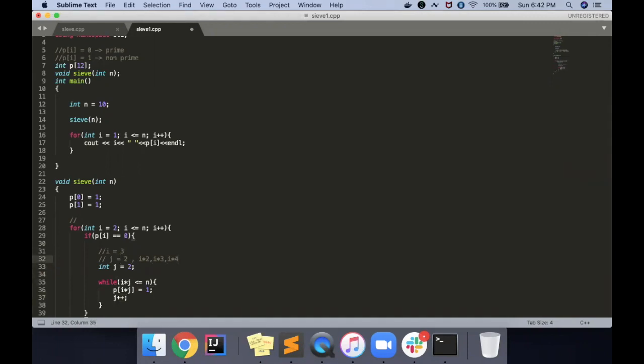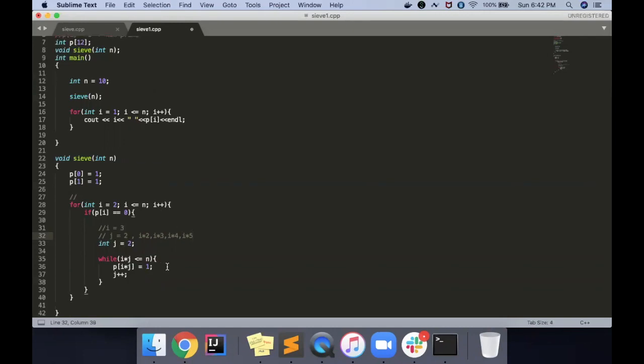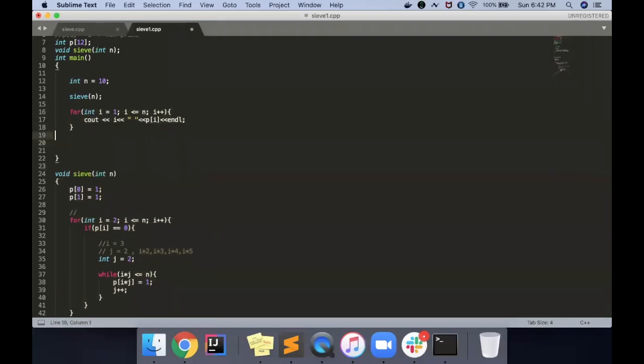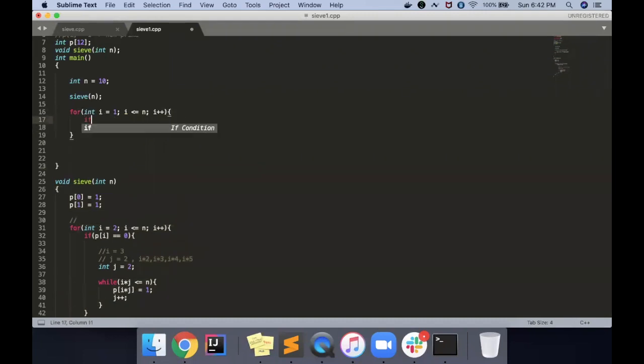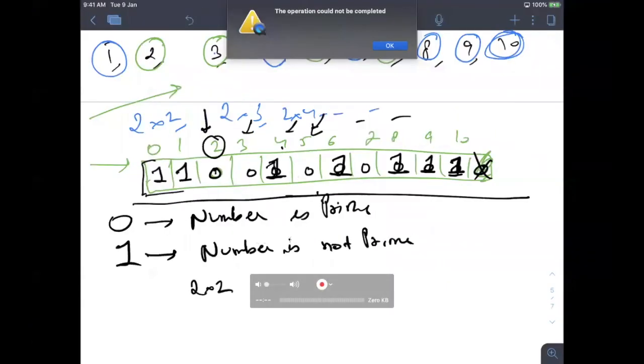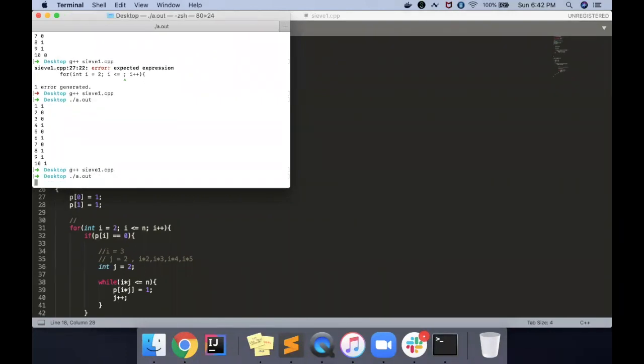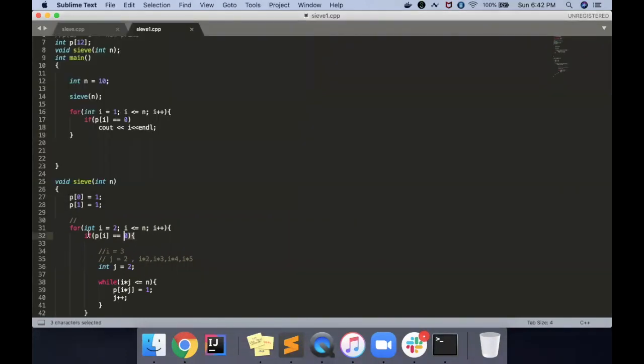So it's simple. I'm just running this part. Is this clear? It's very simple. If it is clear, then I can go, right? Yes, sir, it's clear. Okay. So after the whole procedure, I got an array. Now if I just want to print the prime numbers from 1 to n, I can just directly write if p of i is equal to 0, then just print i. Here it is: 2, 3, 5, 7.